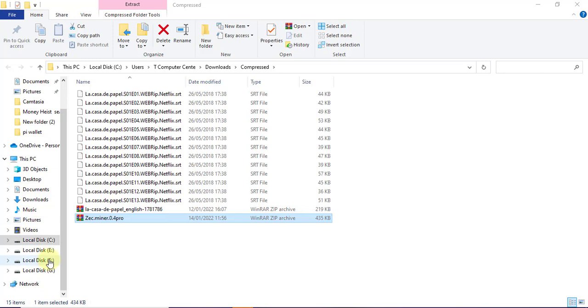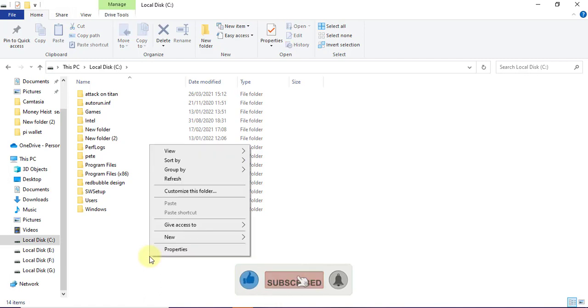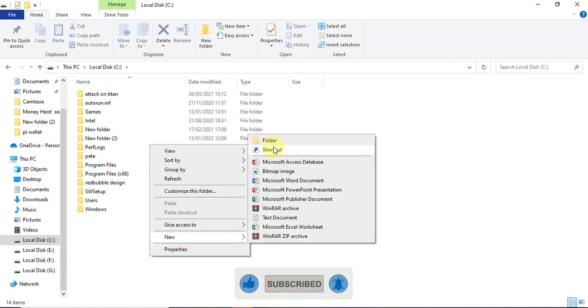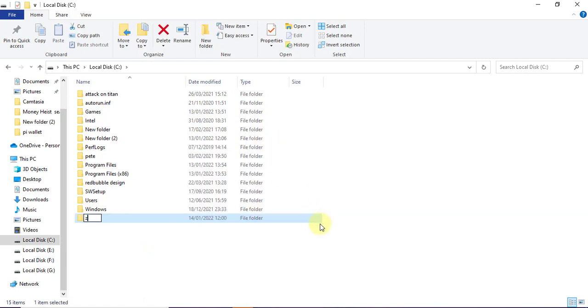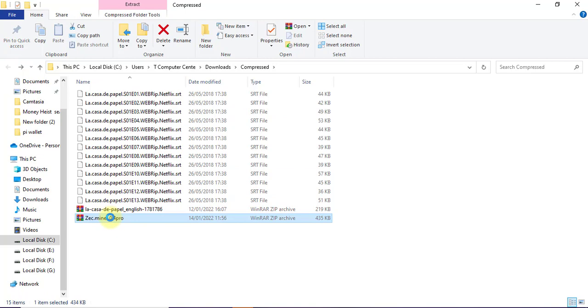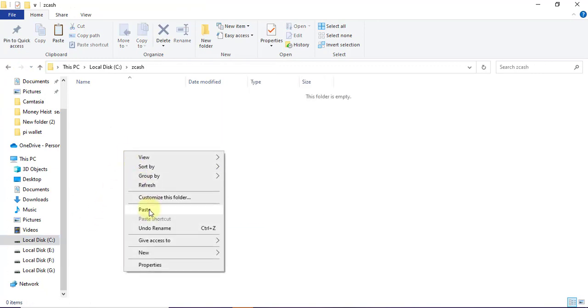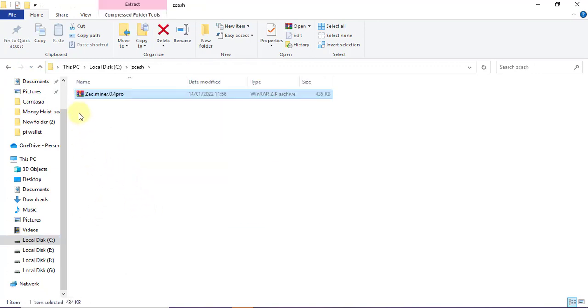Let me make a folder. Extract it with the help of WinRAR.